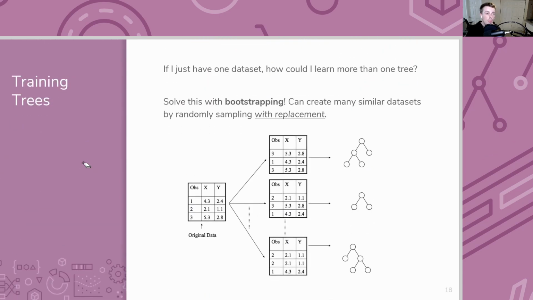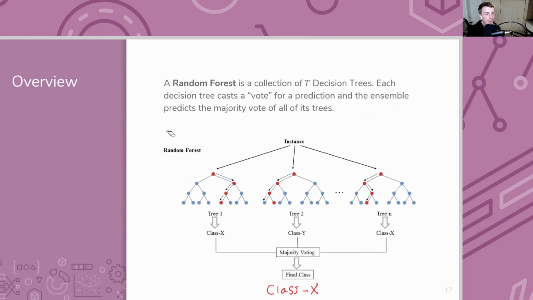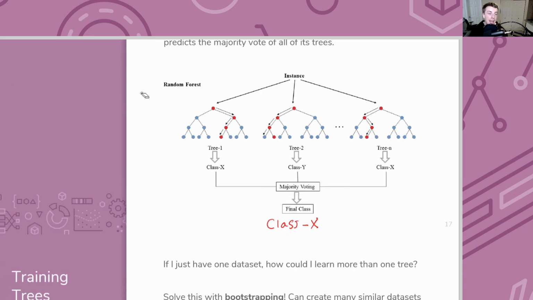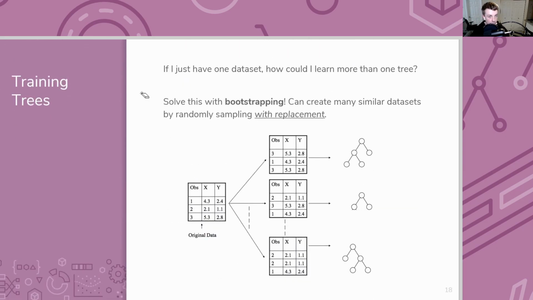Now, how do you go about training these trees? Because it might not be clear: if you just train a decision tree on your data and then train another decision tree on your data, you'd get the same tree. Importantly, in terms of this ensemble, you want your models to be different. If they're all the same model, it won't quite work. So the way that we're going to get this in random forests is random sampling. If I just have one data set, I couldn't learn more than one tree. So instead, we're going to create many perturbed or changed versions of our data set.